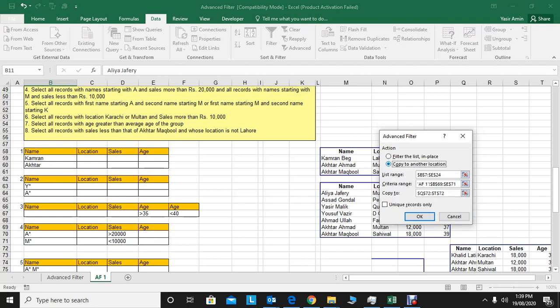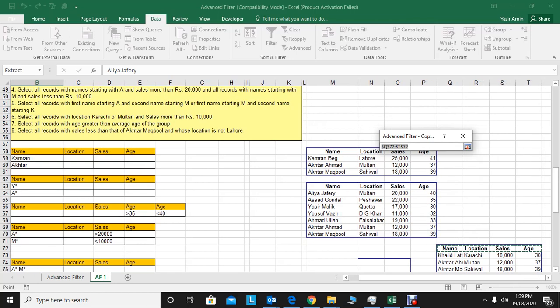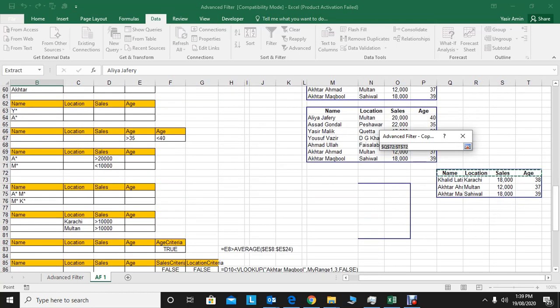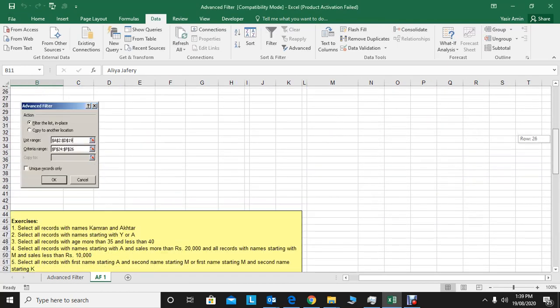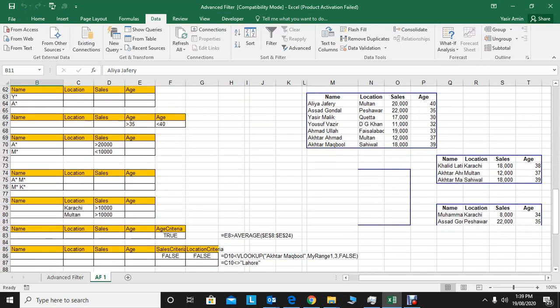Copy to another location. The location is right now in this, and then okay. Now see, if it starts from A, the salary must be more than 20,000. See, if M, less than 10,000.